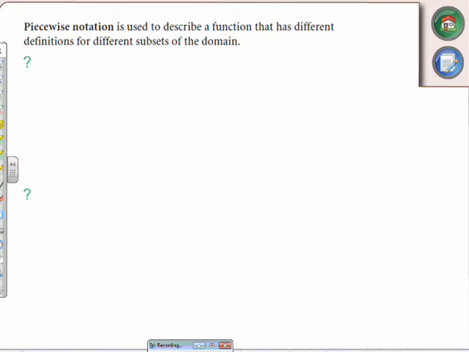Piecewise notation. This, for some students, is a little bit of a tricky thing to get started with. Piecewise notation is, let's take the two different portions of the graph, the part that was positive already and the part that got reflected, and we're going to break it up into two different equations. So,